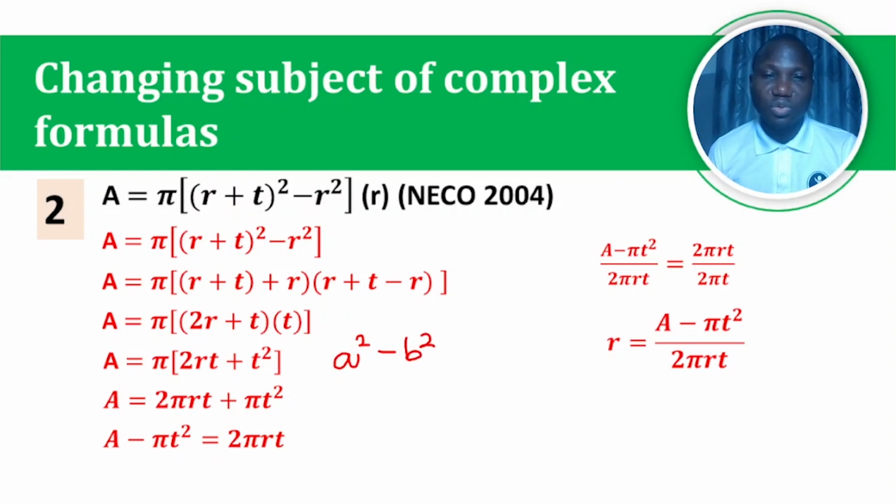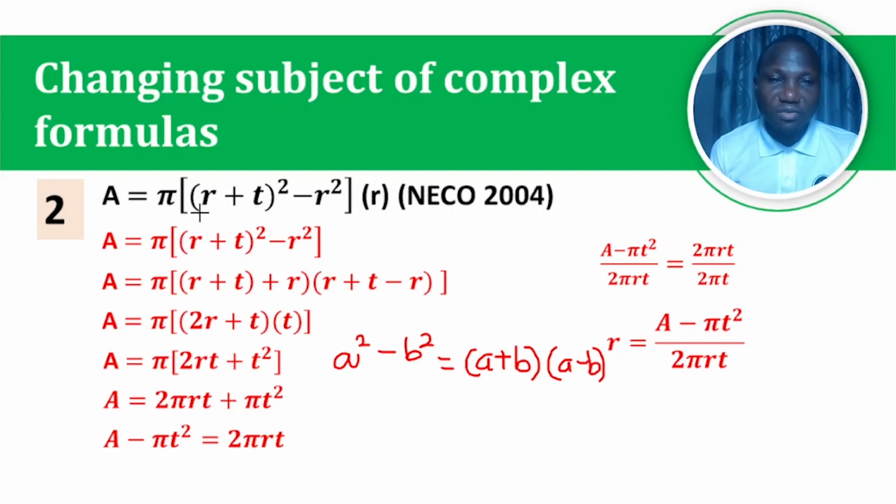Difference between two squares. Whenever we factor a difference between two squares, if you factorize the expression a squared minus b squared, you will have (a plus b)(a minus b). Now, if we take this as our a, that's a squared, and we take this as our b, that will be b squared. It means that if the expression inside this bracket is factorized, we are going to have